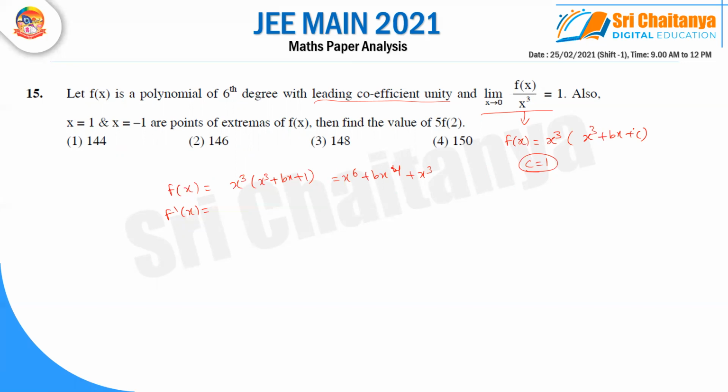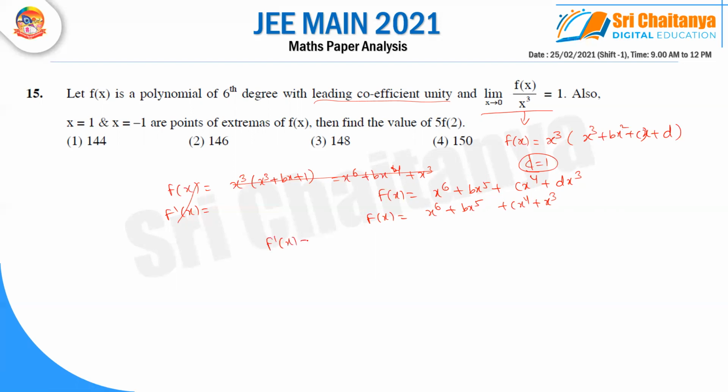Sorry, here we will be getting two more terms. So I will be taking f of x as x power 6 plus b x power 5 plus c x power 4 plus dx cube. So I got the value of d as 1. So it is nothing but f of x is x power 6 plus bx power 5 plus cx power 4 plus x cube. Now they are saying f dash x roots.